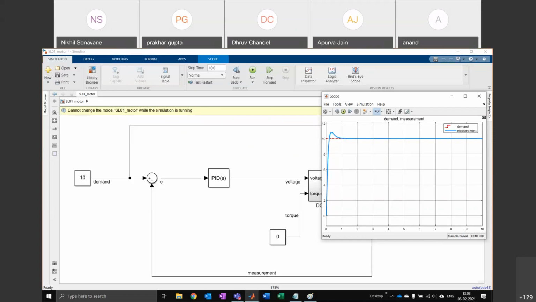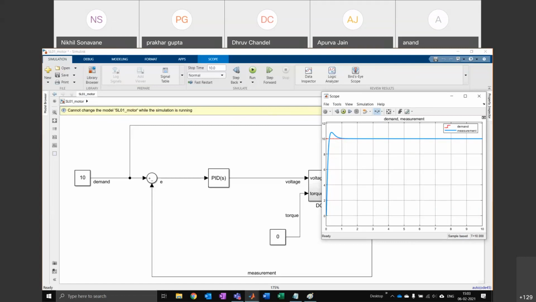Is anybody having any problem with that? Okay, people are saying no. Okay, so are you all able to get something similar to this?